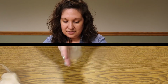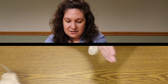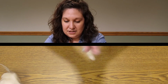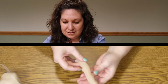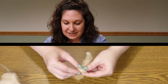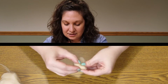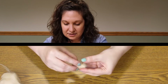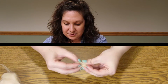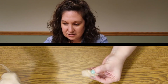And then you want to roll it in between your hands so you can get kind of almost like a hot dog, I guess. And then you're going to start rolling, and you're going to roll pretty tightly here. Okay. So now this is my end. So I'm going to hold it tightly here. And you're going to take your